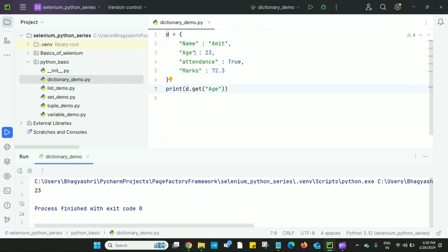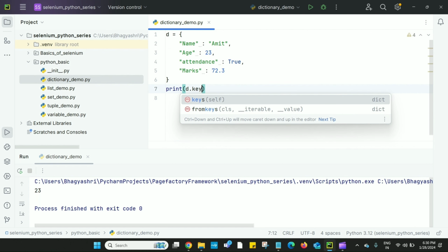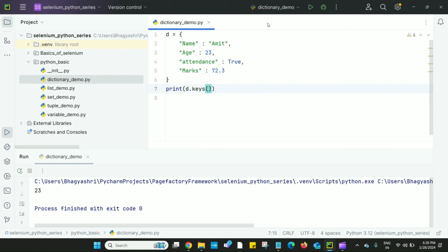For fetching the value of any key, we use this get method. Now I want to fetch all the keys that are present in the dictionary. For that we have the keys method. By using the keys method we can fetch all the keys. See, we are getting name, age, attendance, and marks. These are the keys.